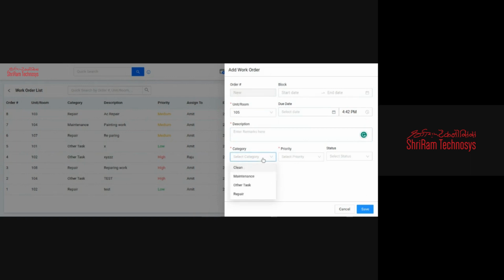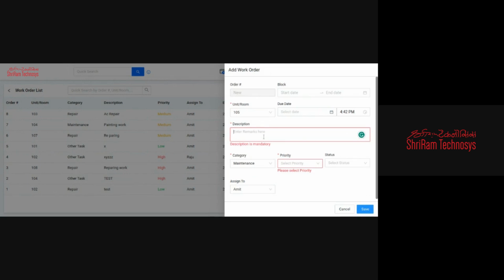Okay, and after that they can choose the category, whether it belongs to a repair category or it's another task, maintenance, correct? And whenever your housekeeping team members for whom you have already created a login, or who have a separate login into the system, you will get a list of those housekeeping team members. Okay, like here two names are there, Amit and Raju. So if I have created a work order and I need to assign it to someone, we can see two options are available. So if I select Amit, I can save it after filling out the necessary details. Okay,